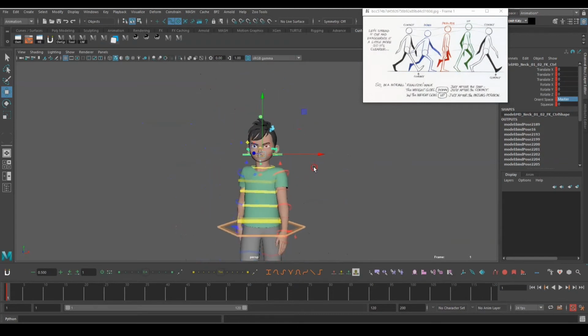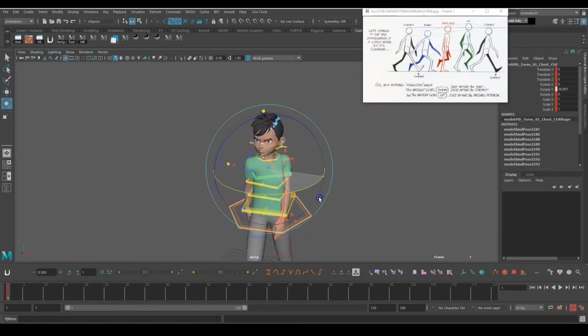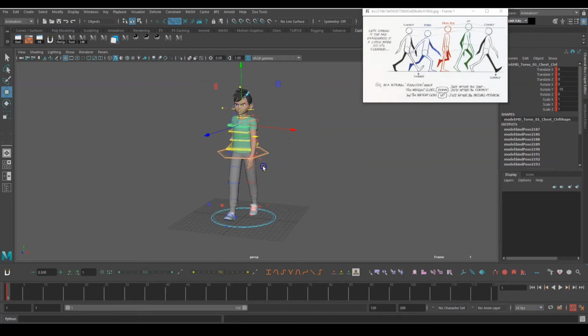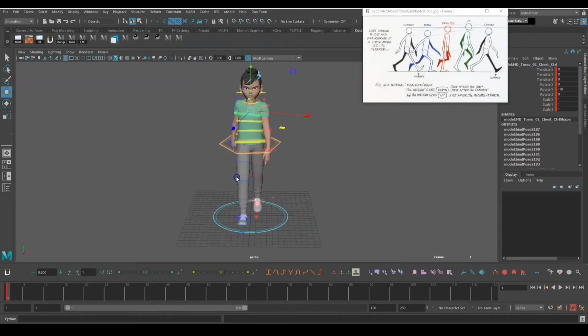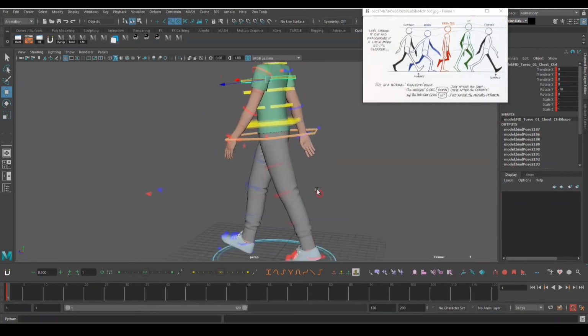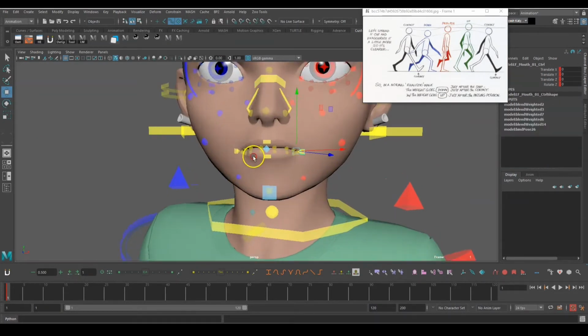Okay, the head will stay in the same position. Let's say if you rotate this, the head will stay here only, the same position. Okay, so you won't need to do the counter animation. Now we have a pose, check this in all directions, and maybe I will give a little smile over here.